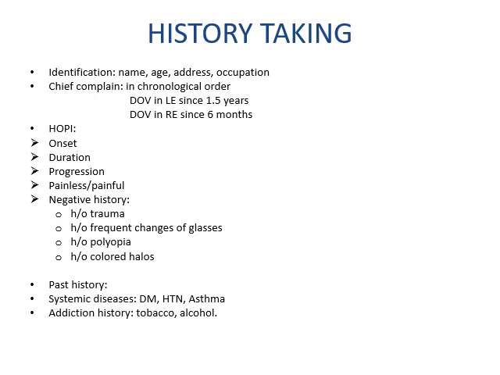Then history of colored halos. What are colored halos? These are rainbow colored rings around lights at night. They occur due to prismatic dispersion of the light in certain conditions such as mucopurulent conjunctivitis, acute congestive glaucoma, and cataract. So in colored halos, you will be asked how to differentiate between the colored halos in case of a glaucomatous patient and in case of a cataractous patient. So the answer to that is the Fincham's test, in which a stenopeic slit is passed before the eye across the line of vision.